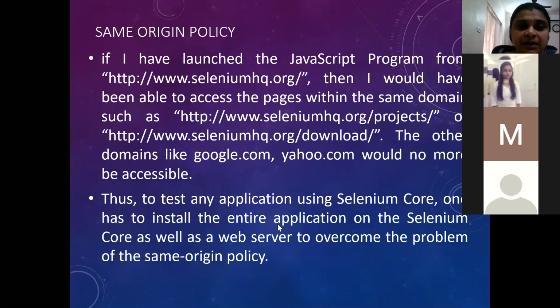For example, if I'm launching some JavaScript program from this particular URL, then I will be able to access only those pages within that domain. So if I have to test any application using the Selenium core, then I have to install that entire application on the Selenium core as well as on the web server in order to overcome this same origin problem.